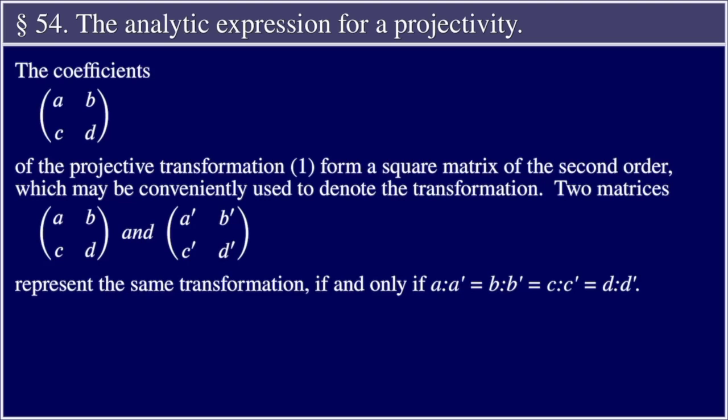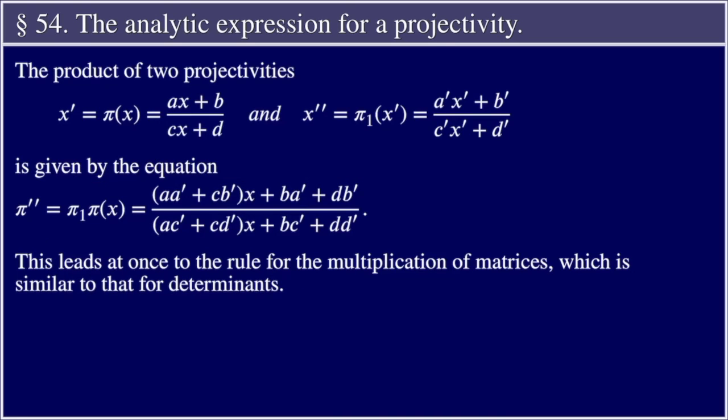Two matrices, A, B, C, D, and A', B', C', D' represent the same transformation if and only if A is to A' equal to B is to B' equal to C is to C' equal to D is to D'. The product of two projectivities, x prime equal to pi of x equal to the quantity ax plus b divided by the quantity cx plus d, and x double prime equal to pi sub 1 of x prime equal to the quantity a prime x prime plus b prime divided by the quantity c prime x prime plus d prime